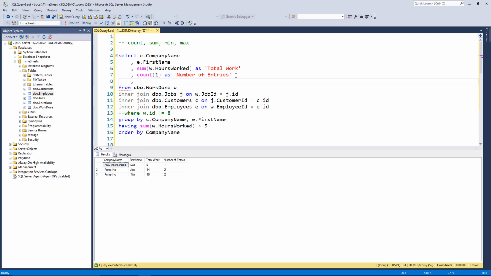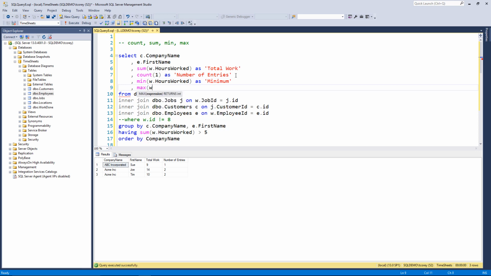And we will say min of w.hours worked as minimum. And if you want to, we can also do max of w.hours worked as maximum. Now, I'm using the hours worked column a lot. Don't think that you're locked into that column because of some reason. You're not. You can use any of the columns if you want to, but that's the one that works best